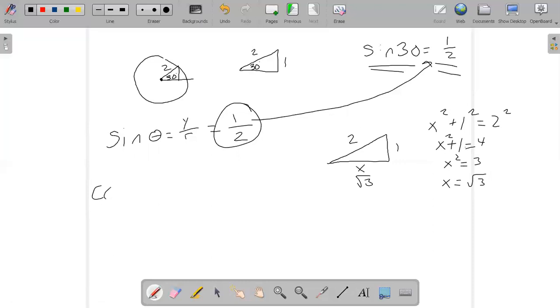So if I want to find the cosine of whatever angle that is, I would take the adjacent over the hypotenuse, or x over r, which is the square root of 3/2. And so I'm basically saying that the cosine of whatever this angle is the square root of 3/2. But according to this picture, that angle is 30, right? So basically I'm saying, well, if I did everything correctly, the cosine of 30 should be the square root of 3/2,